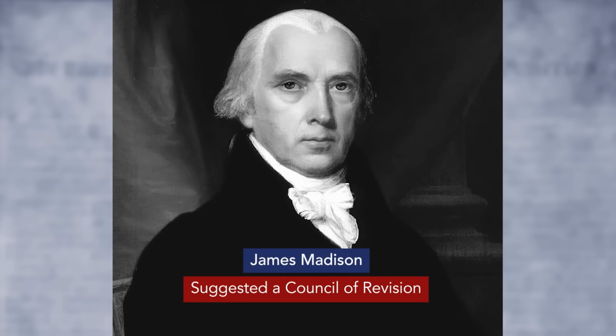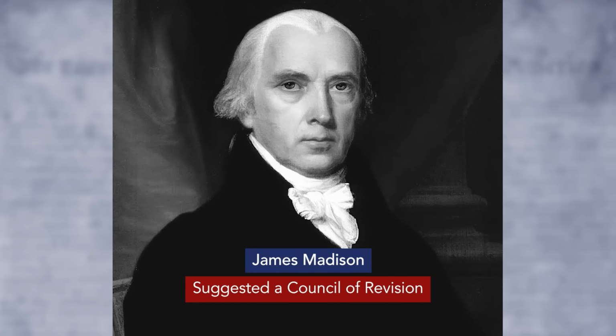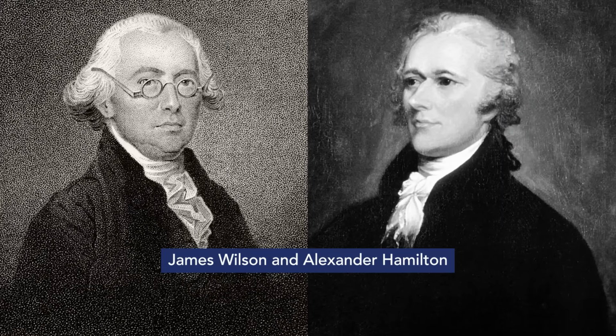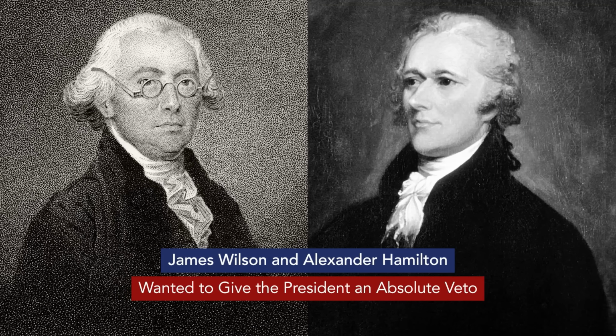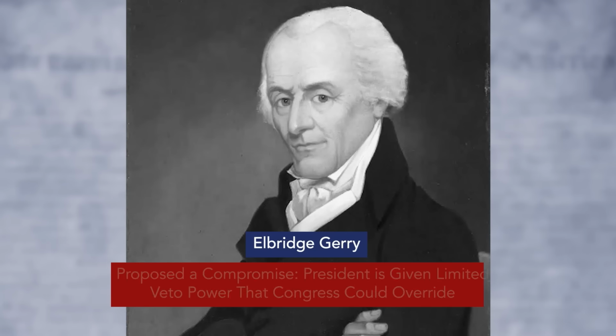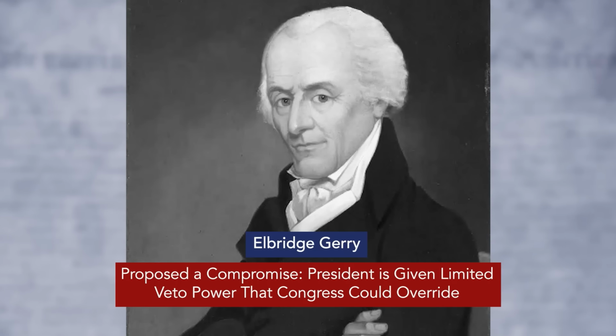James Madison was very big on having what he called a council of revision, with the president sitting with members of the federal judiciary to review laws passed by Congress and the power to veto any unconstitutional ones. James Wilson and Alexander Hamilton pushed for an absolute veto for the president, one that couldn't be overridden by a vote in Congress. That, again, was too much for majority delegates to accept. And the compromise was Elbridge Gerry's proposal for a limited veto that could be overridden by 2/3 votes of Congress,